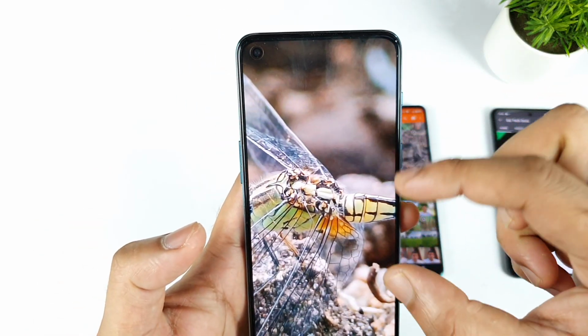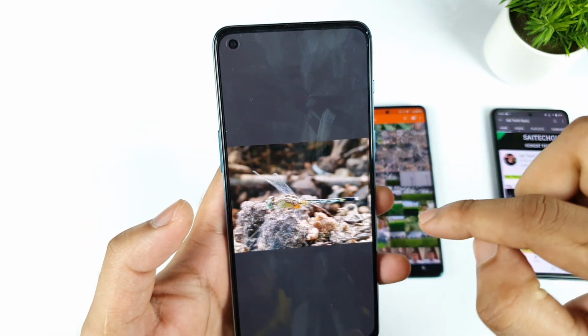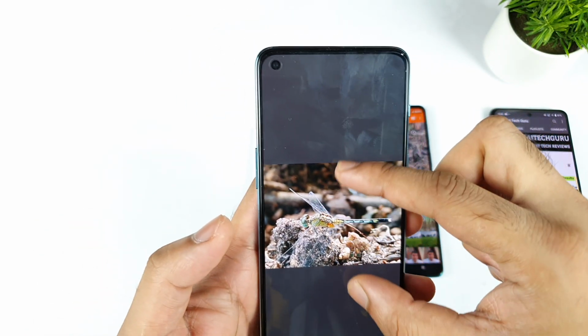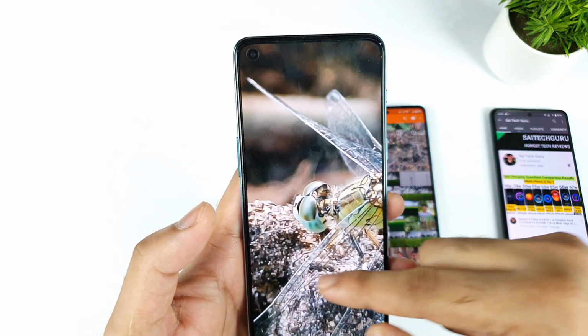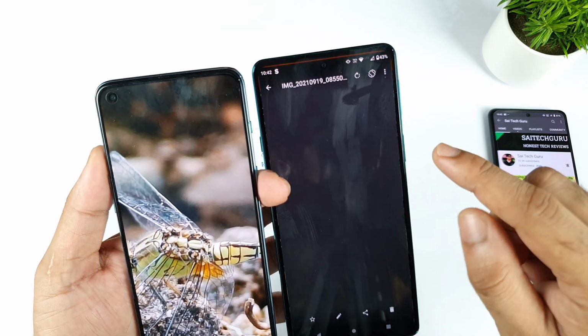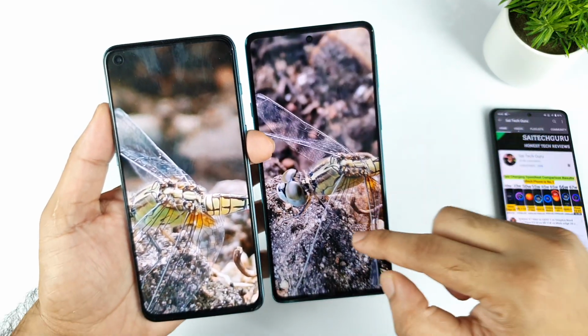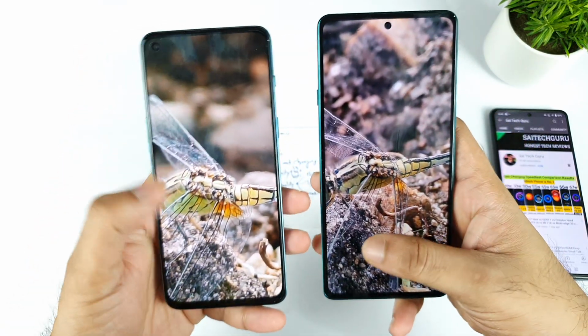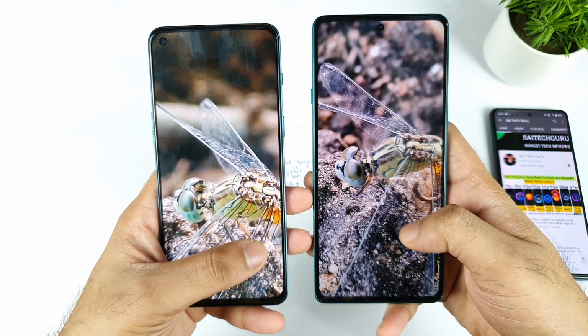Even the OnePlus Nord 2 can take really very close up shots. Not bad in terms of taking the shots. As you can see, these are the close shots taken using the OnePlus Nord 2, which is really great. And then the Moto H20 can also take really good shots. So these are the very close up shots. You can compare side by side how clear they are.